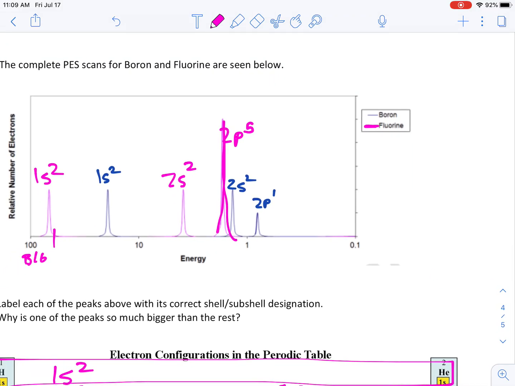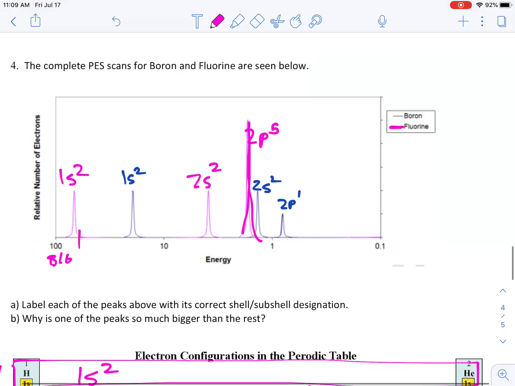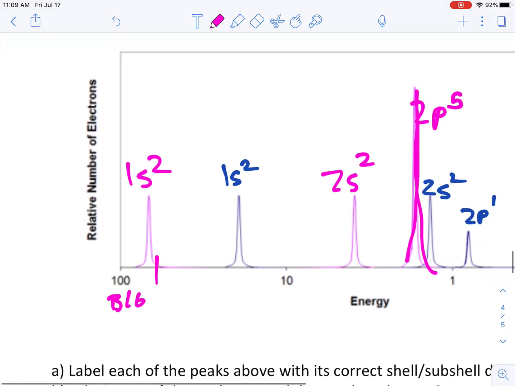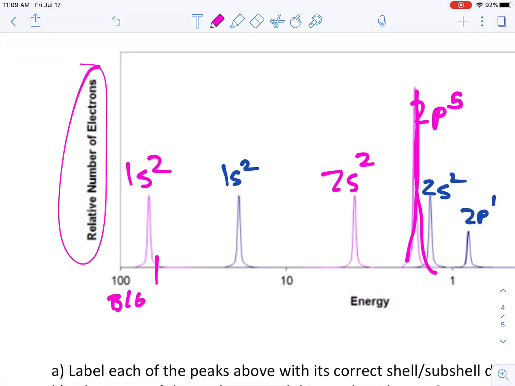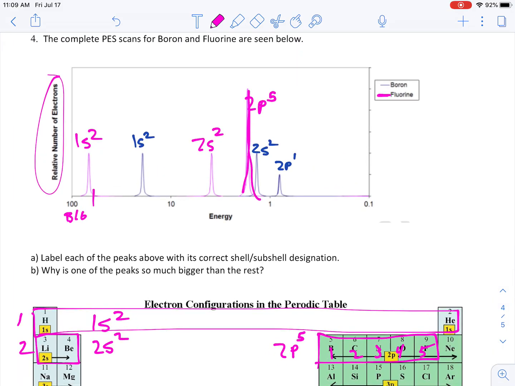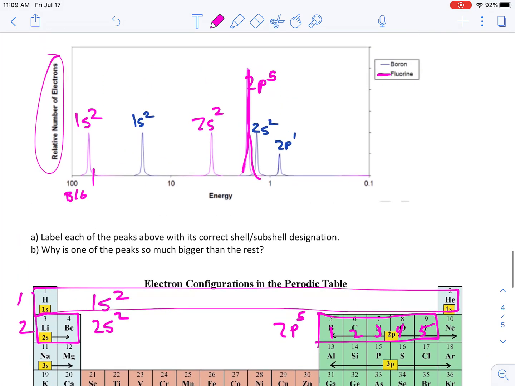Well, it has more electrons in it. It is a 2p subshell, and since p subshells can hold up to 6 electrons, the vertical axis on this is the relative number of electrons that's here, as it shows. So that's a very simple answer, that the tall vertical peak on this one has more electrons in it, which